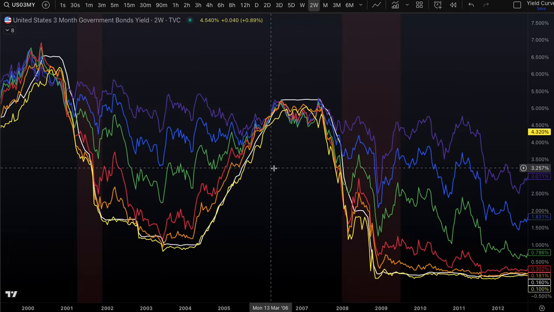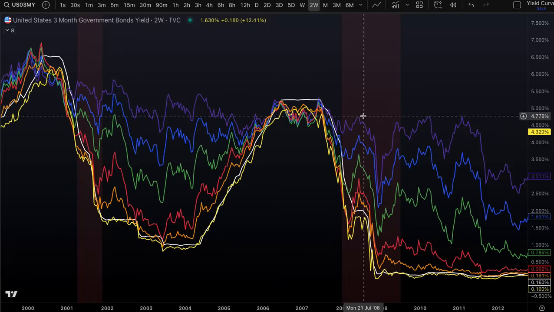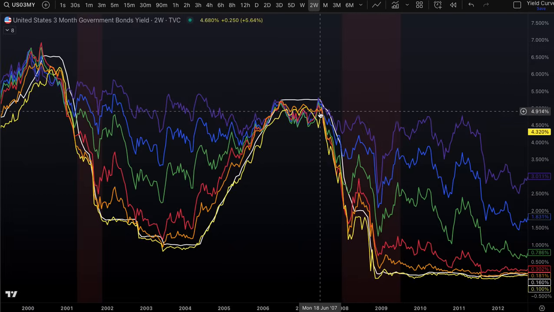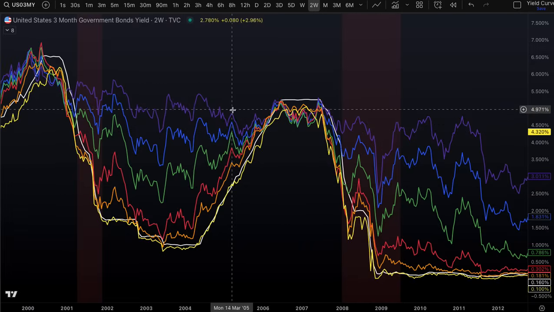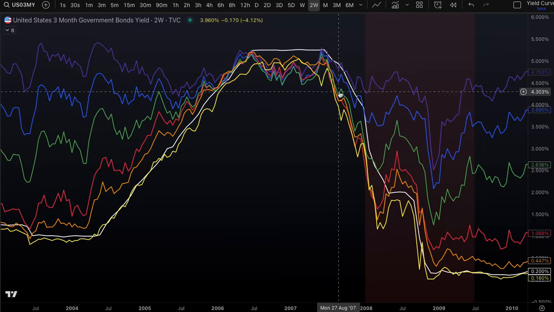And you can get this for two reasons, right? When it uninverts and you get more yield for the longer maturity, right? The purple, which represents a 30-year, that yield did come down during 2008 during the cutting cycle, right? But what happened was the yellow and the orange line, the short maturities, those started to fall super quickly, right? Very, very rapidly. The 10 and the 30 were falling. You can see that, but they weren't falling nearly as fast.